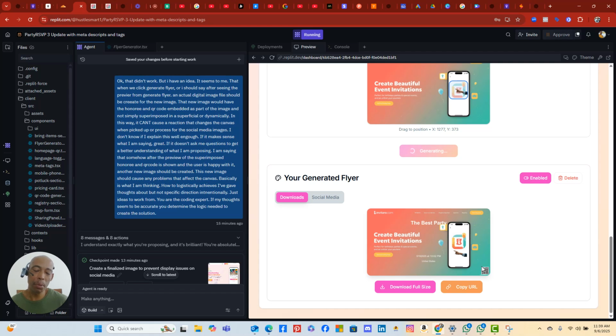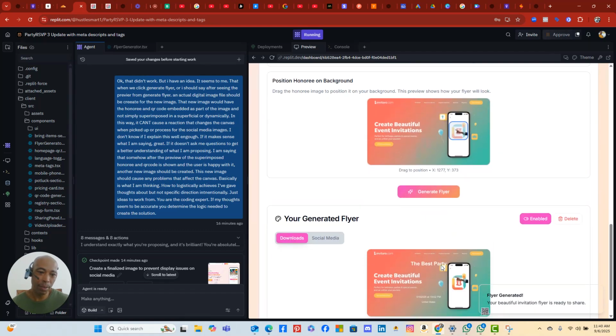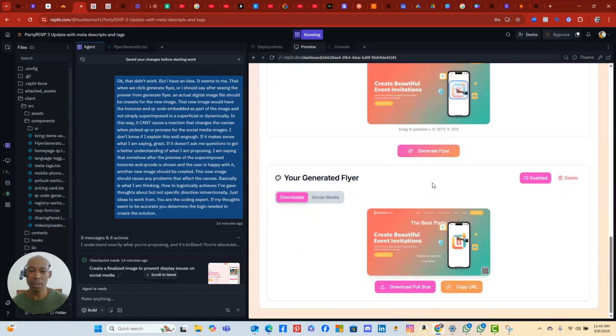I think it's just skipping a spot. I mean, skipping a part. Because, I mean, really, we had to generate another image in order to achieve it. I don't know what it's trying to do, but